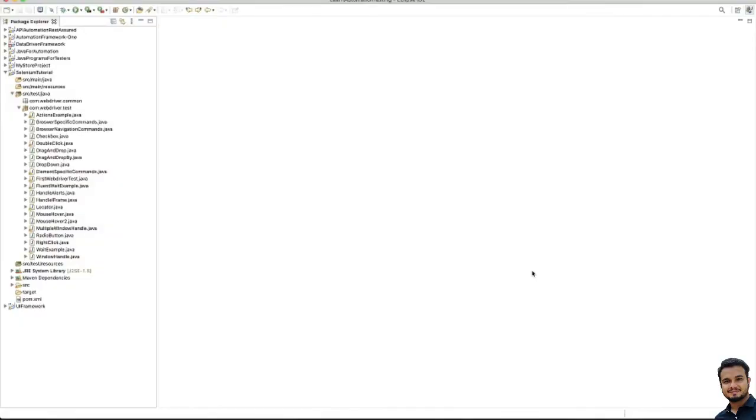Today we will learn an important topic, that is how to read and write data from a property file. As of now, when we are learning basic concepts of Selenium or REST assured API automation, you have seen that we used to hard code the values. For example, we used to hard code the URLs or username, password, locators, database configuration, right? We were learning the concepts, so it was fine.